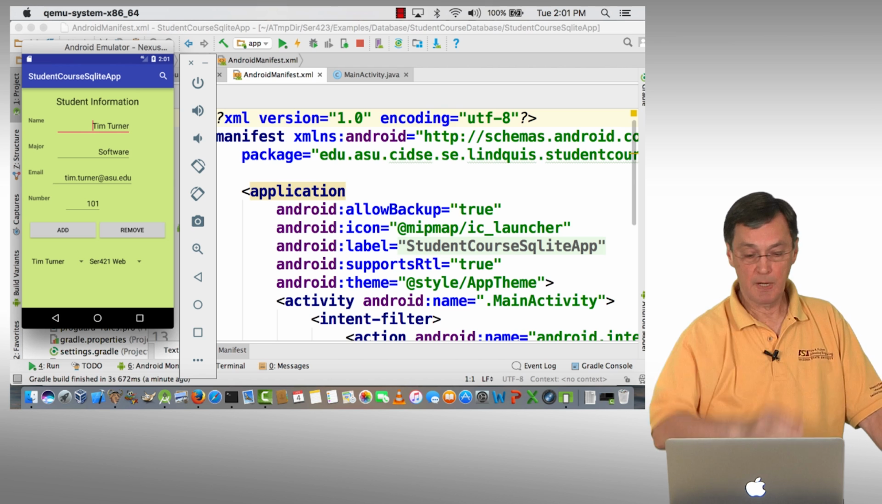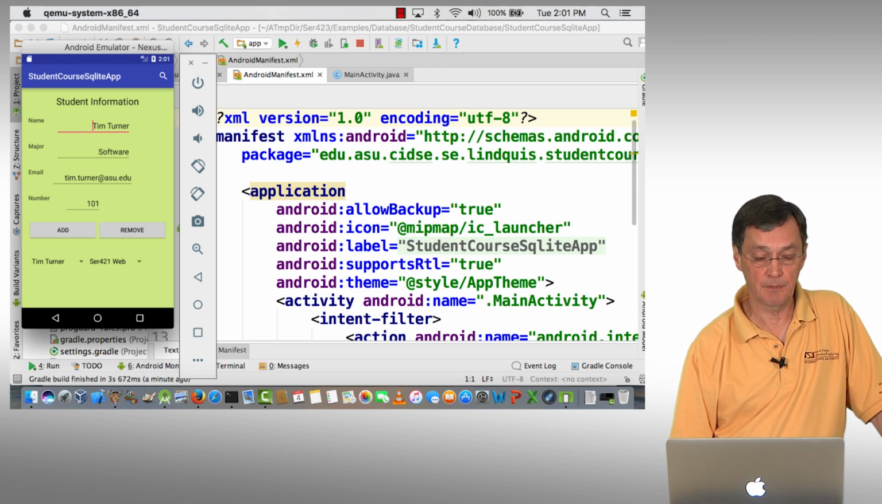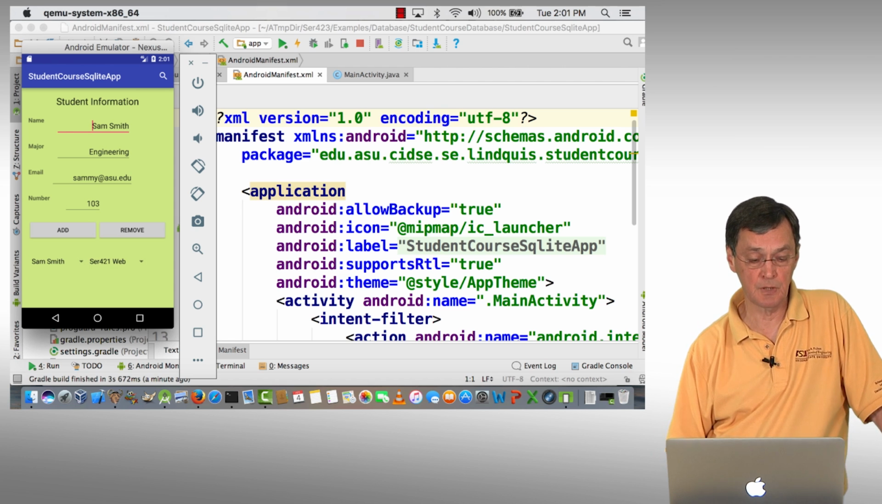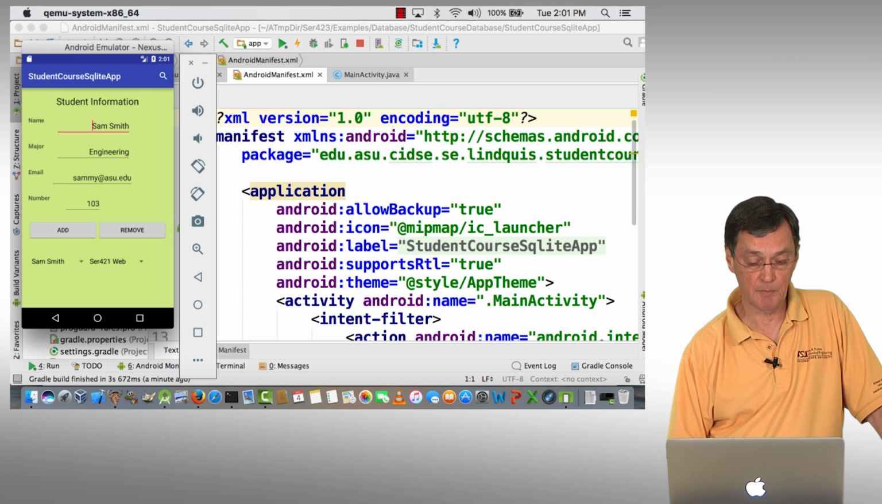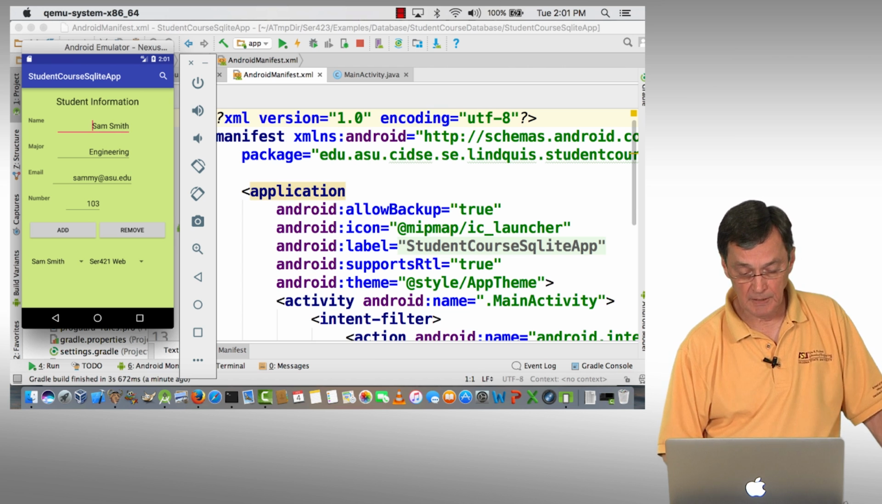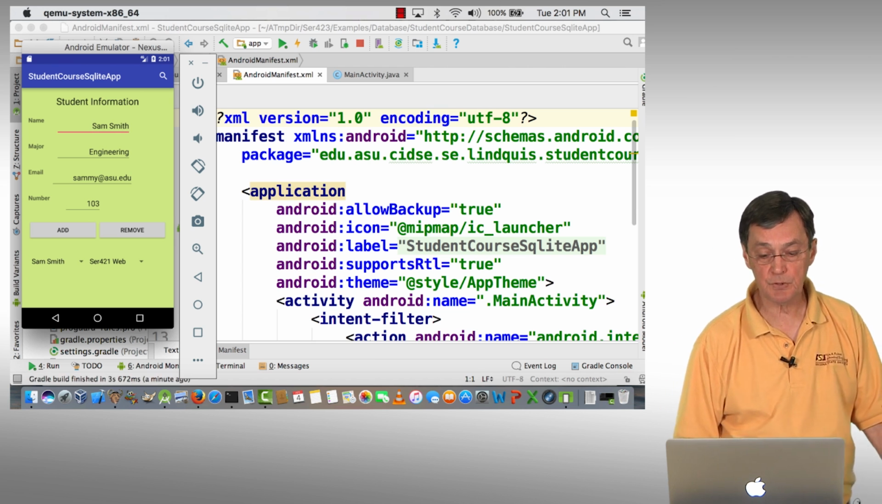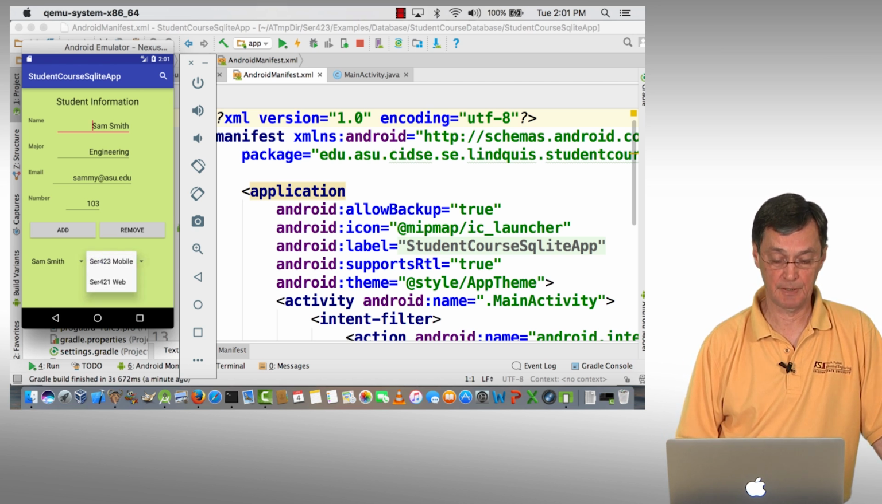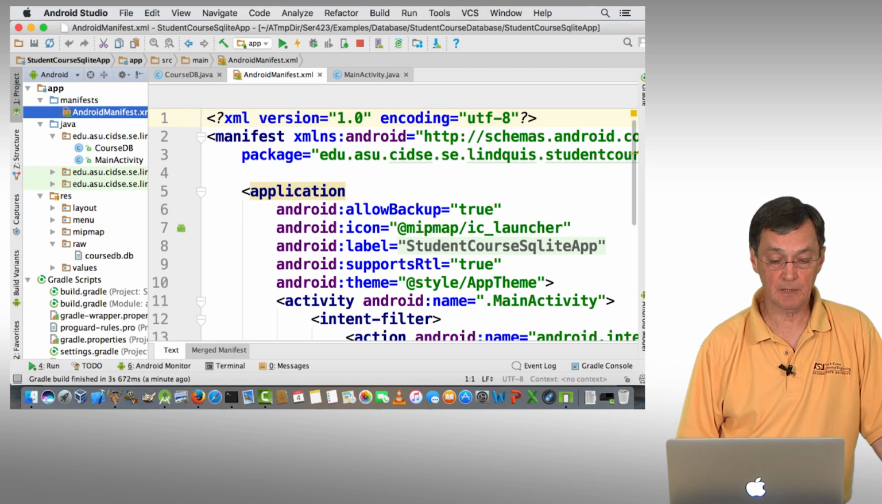So here is the single view activity that comes up, and you can see in this case, the student Tim Turner, his major is software, his email and his student number. And then there are a couple of drop downs, so we can take a look at different students and the information for those students. And we can actually add information as well. So let's first, you can see that I don't have full functionality here. I don't provide the ability to add new courses. You can add a new student, but before we do that, let's go ahead and take a look at